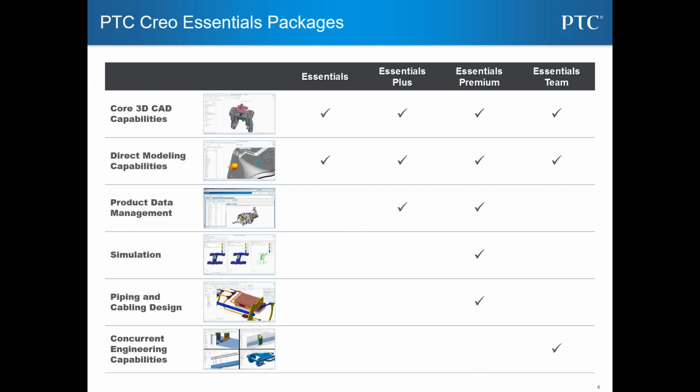But through this PTC Get Active offer, the monthly subscription price would be $24.75 for Creo Essentials Premium. So that's over $2,000 a year less than what the normal price is. So these are pretty aggressive prices from PTC